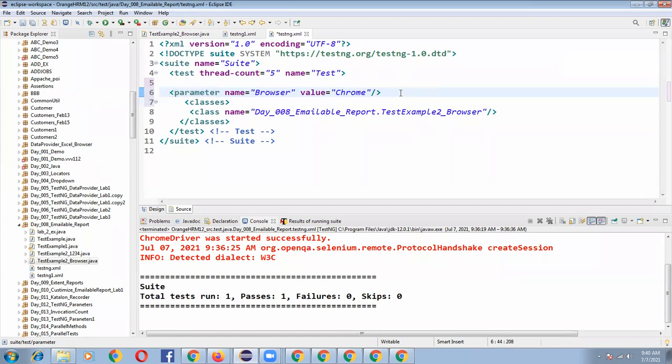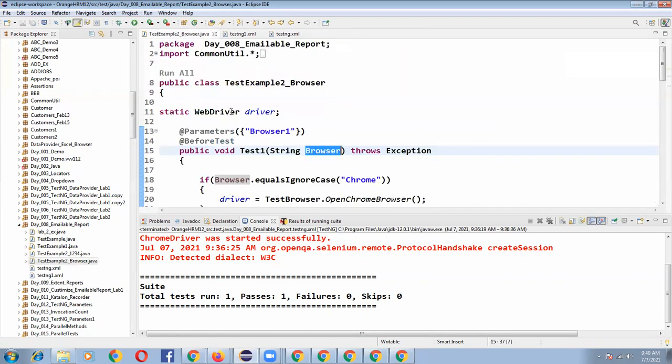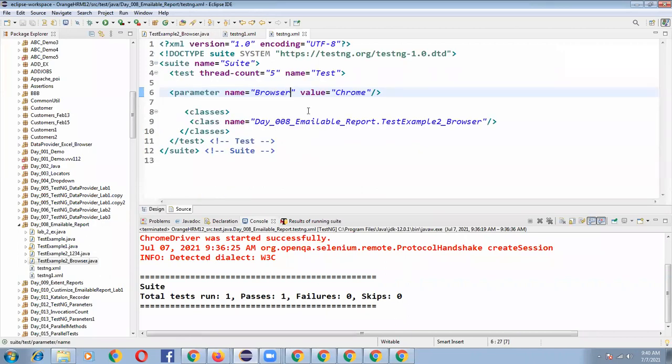This is the part I have written manually. Parameter name is equal to browser and value is equal to Chrome. I'm going to read this input parameter value in the program. So whatever name I have given, browser, I'm giving. This is the parameter name, containing the value Chrome.